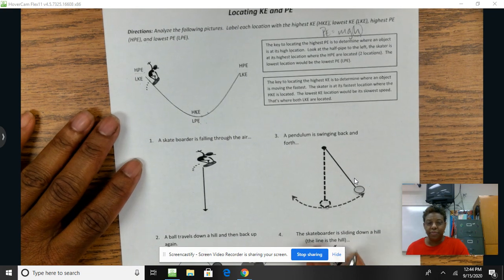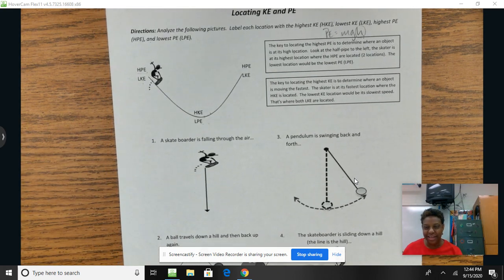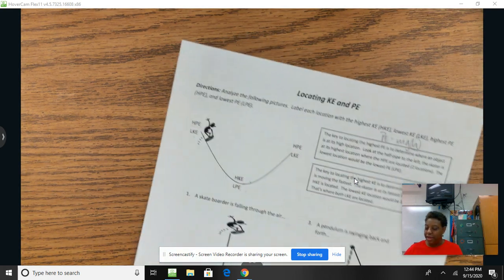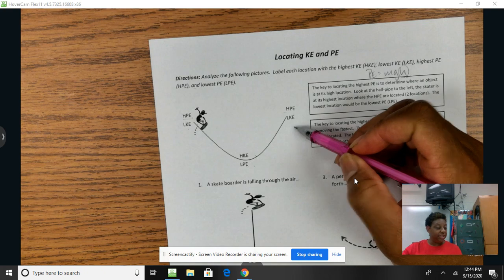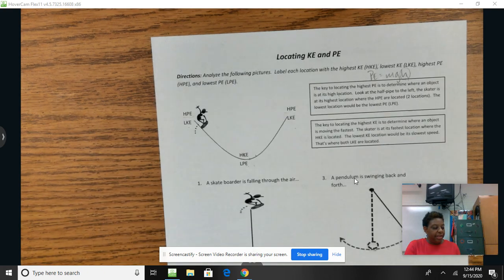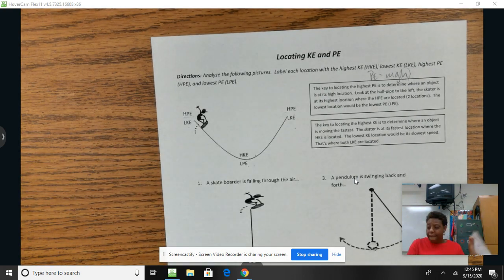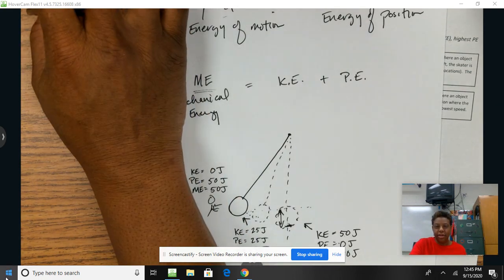I'm going to actually post this one and have you consider the rest of these and give it back to me just to see how your minds work. So you've got several different scenarios where all you'll be doing is putting in, just like they've marked here, what the highest potential energy is and what the lowest potential energy is. The other two things that I'm going to ask you to do today are just like the scenario that I just ran you through, where I showed you,